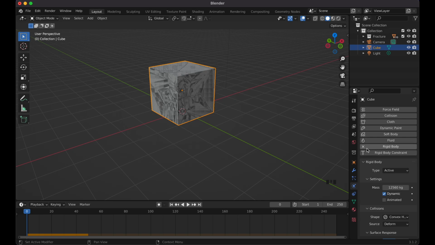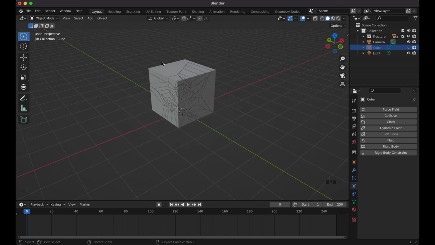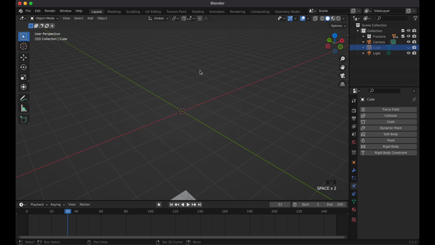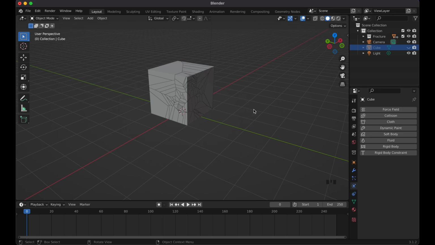So look at this. We have it rigid body. If I were to hit X off here and just close the eye, now you can see our original pieces right here. So now if I hit space, you can see everything falls perfectly just like that. So if you ever had that issue while you were trying to do this effect, I just solved it for you basically. And I would still keep this, don't delete this yet, because the problem, as you can see, is